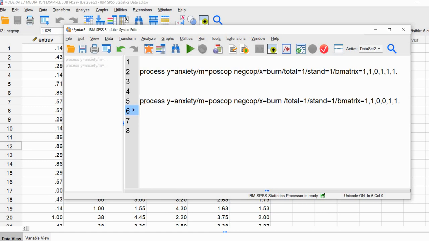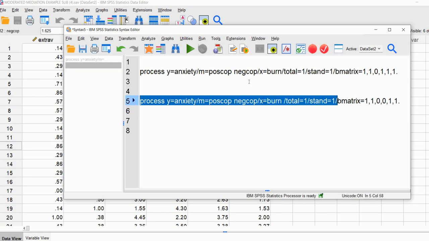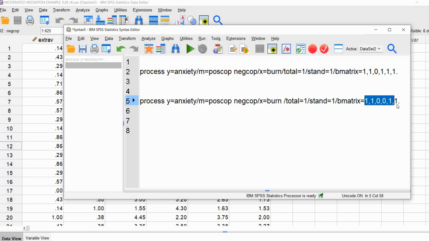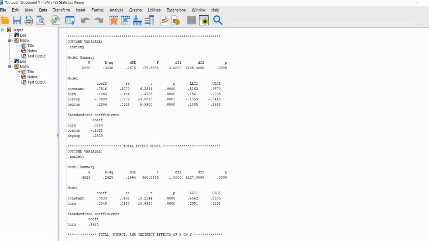So again, everything that we have up to this point is exactly the same as what we had in the first analysis, but the B matrix, the coefficients that are given right here are slightly different, and the main difference pertains to the direct effect of X or burnout on anxiety, with that difference reflected in this coefficient here. So the first model, it was a 1, this coefficient here is a 0. So when I highlight this and I run it,